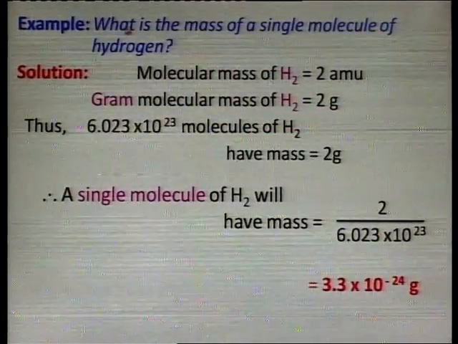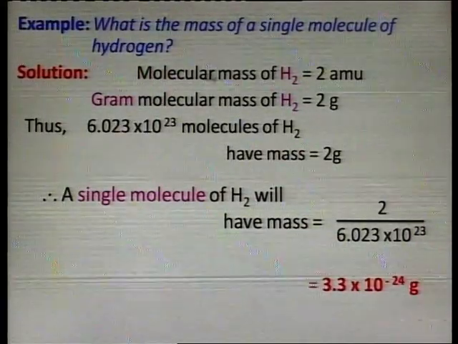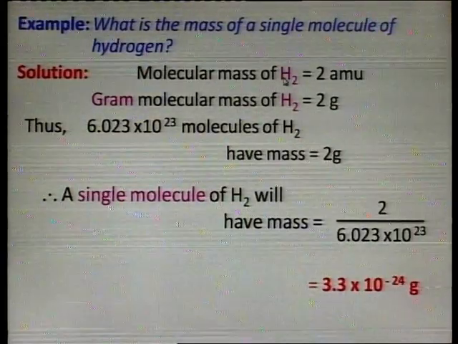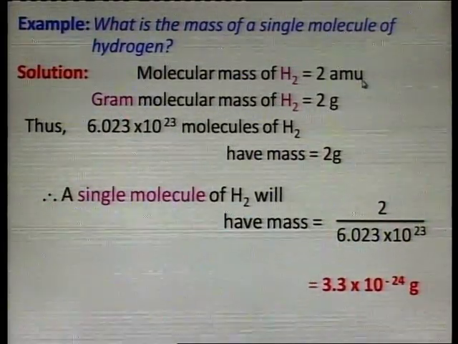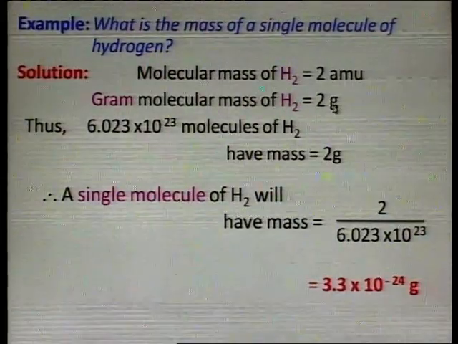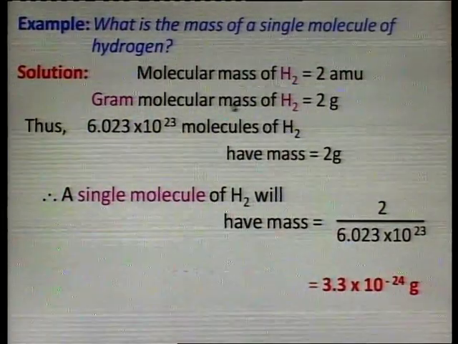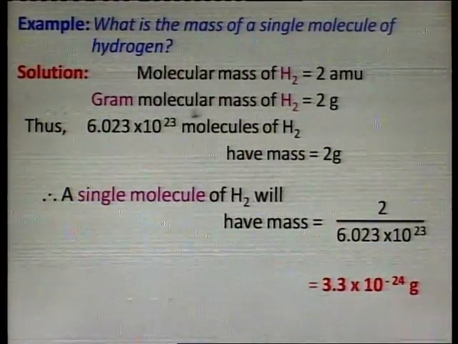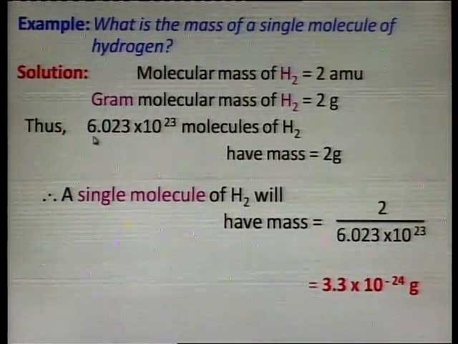We can have this in numerical form: calculate the mass of a single molecule of hydrogen. Now, the molecular mass of hydrogen, because it is H2, it contains 2 atoms. So, its molecular mass is 2 AMU, and the gram molecular mass of H2 will naturally be equal to 2 gram, because once again, molecular mass expressed in grams is called gram molecular mass. This gram molecular mass is the mass of 1 mole of molecules, and 1 mole of molecules is equal to Avogadro's number. So, we can equate